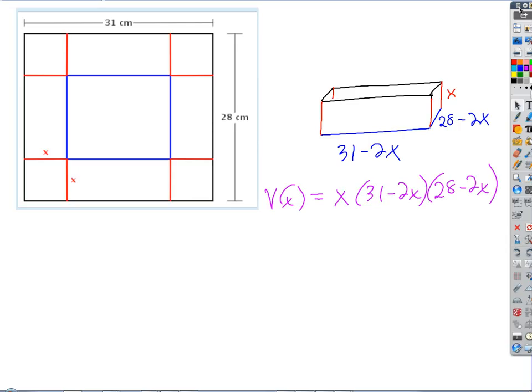So not all values of x really make sense, right? Maybe it would make sense for us to say x could be 2. So we're going to move up 2 centimeters along the sides and make our square cut. That makes sense. That's going to give us some volume, isn't it? We're going to get a pretty shallow box. It's probably not the right answer for the best volume to maximize volume, but it's going to give us a